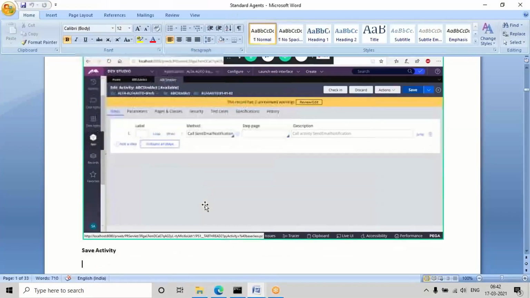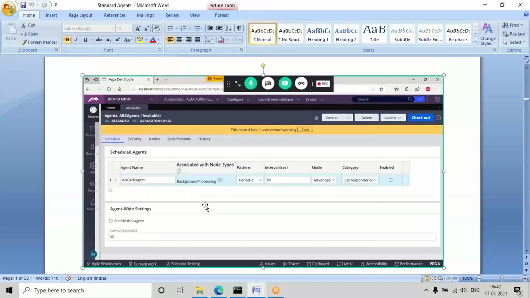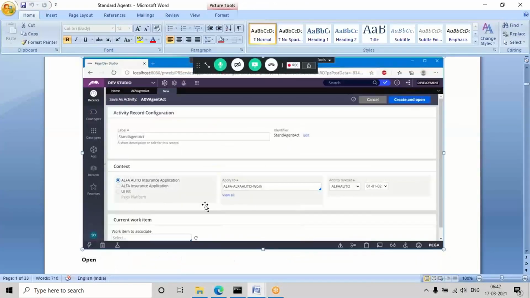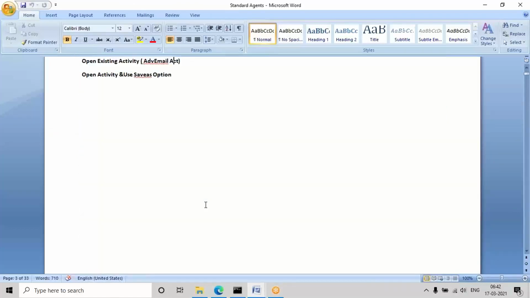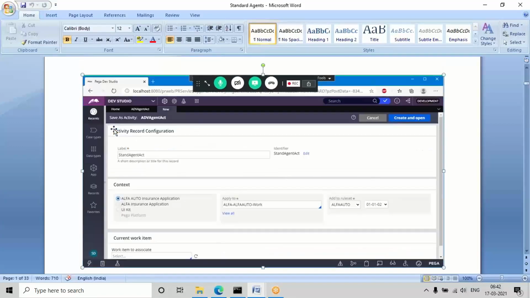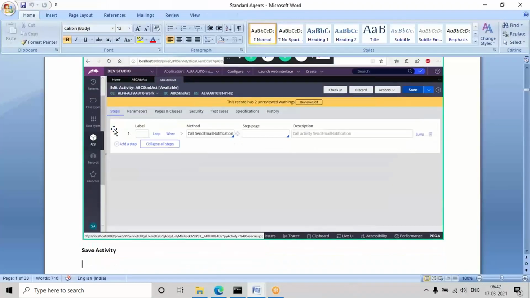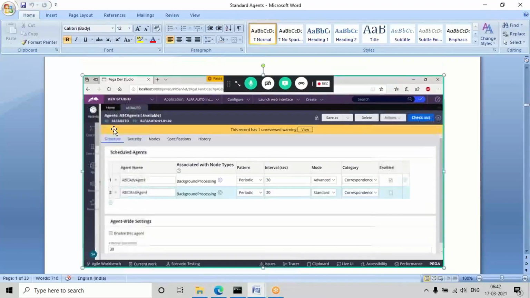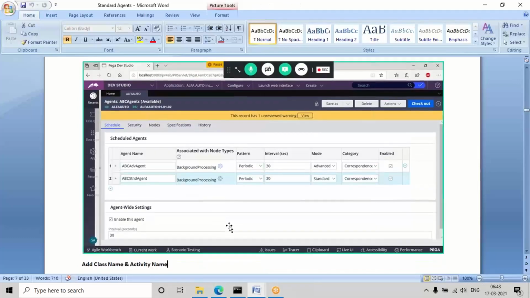So first I open the previous activity and use the save as option. Yeah, I think I used the save as option here also. Maybe the activity name is different. Then in the agent rule, you have to add a new name. Then you have to process. Okay, intervals may be different from the video and document. No need to bother about the interval here. Any interval you give, the agent will wake up only depending upon the queue items which are added to the table.